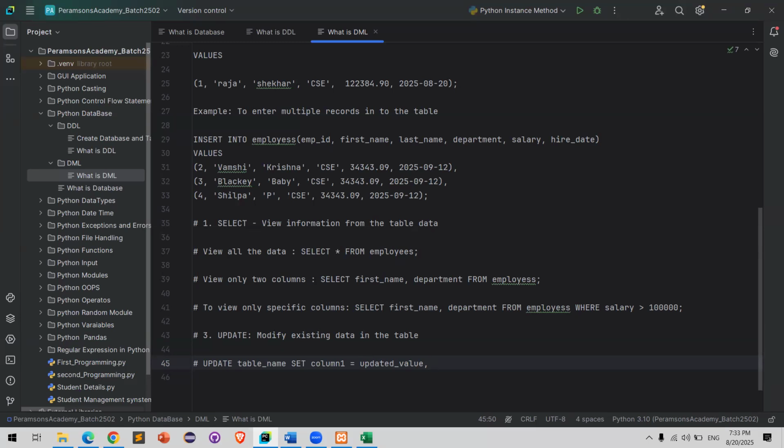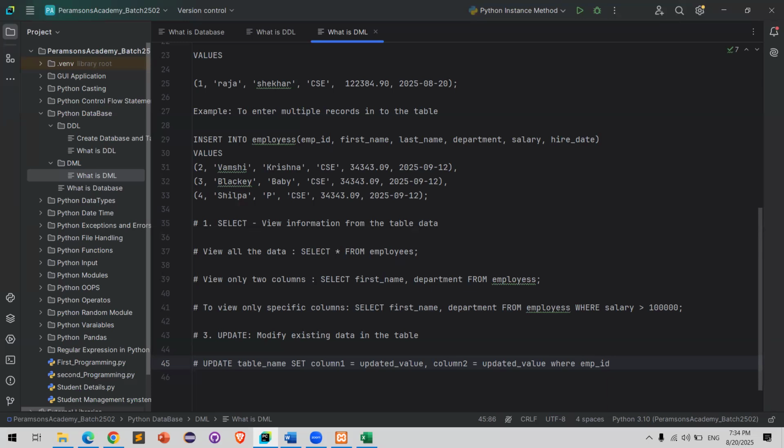Set column 1 and column 2 that you want to update, where you have to take the primary key, which means employee ID,